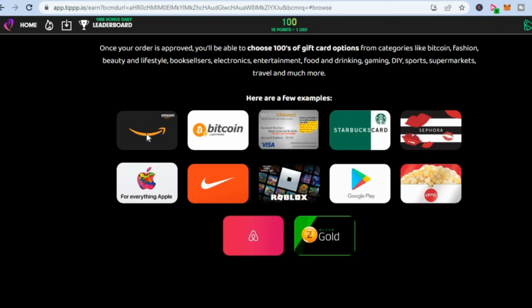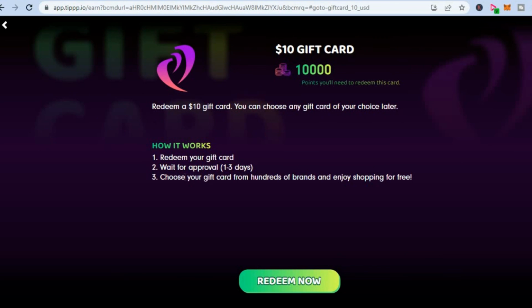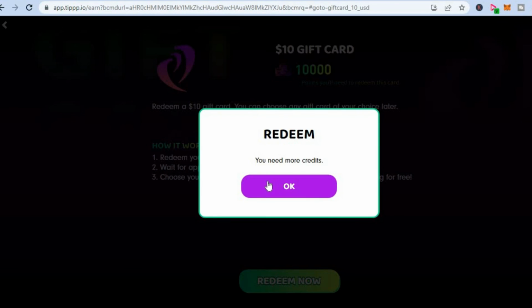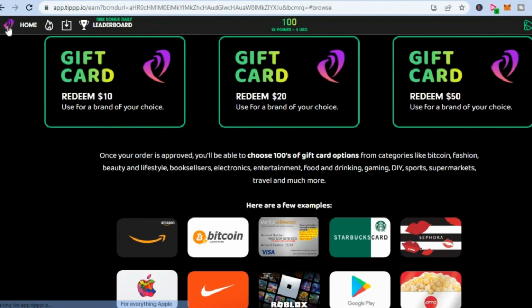So you can select whether you want an Amazon gift card, or if you would like to withdraw via crypto token or Visa, or if you'd want a Nike gift card. And there are numerous other options. Once you have earned the required amount, $10, as you can see right here, you can simply tap right there, then tap on redeem now, and you will see the options. But at the moment I don't have a sufficient amount,